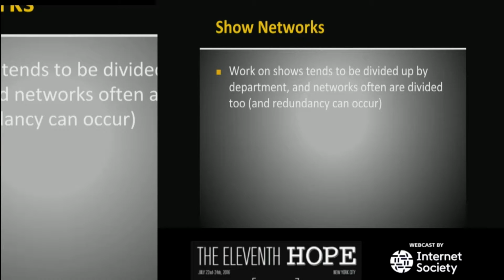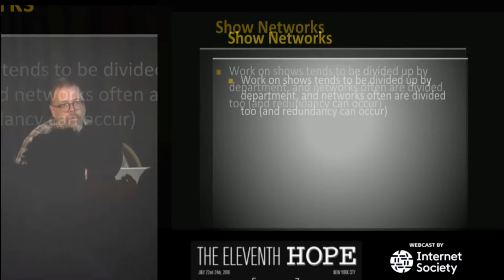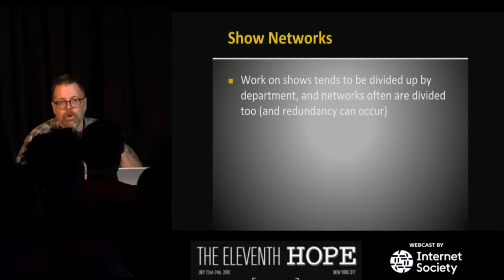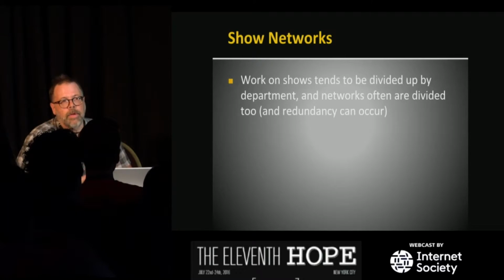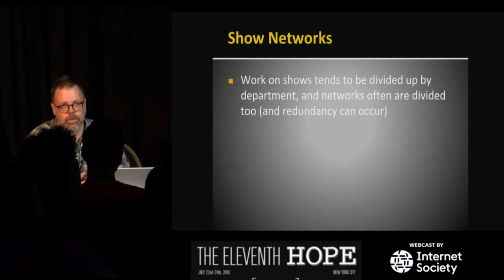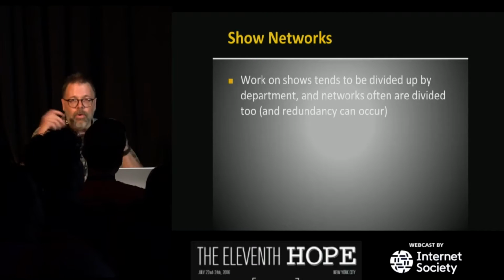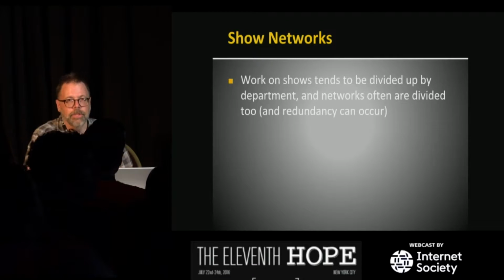So on a show, we tend to divide the work up by department. Even here at this show, you have lighting, with Maya, the head of lighting, and Courtney is here for audio with Aaron. And then video is Andrew. These are all former students, which is why I know who they are. They all work together, of course, but you have to have one person in charge of each thing.